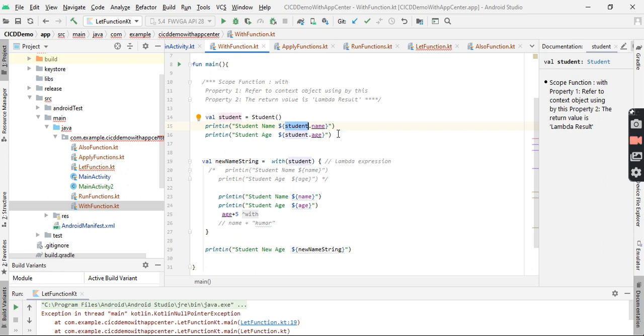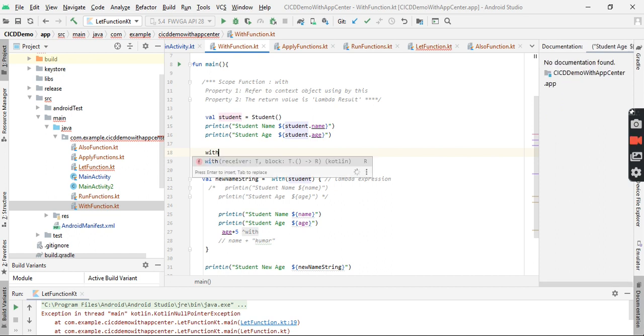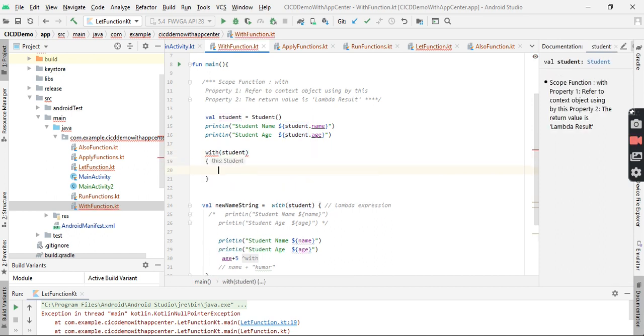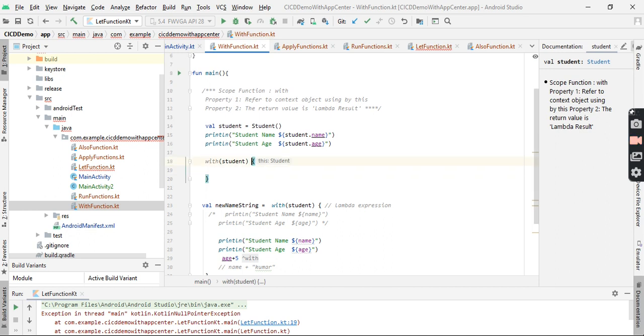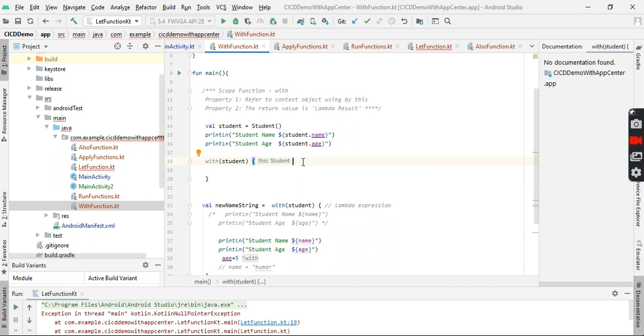So here is code repetition. If we use with, with the student reference and a lambda expression attached, then the context object is referred to by this, and everything is accessed by this.